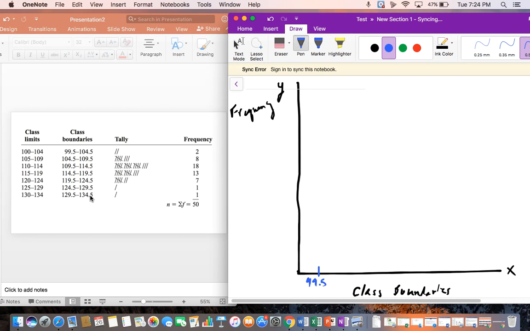So let's list this out now. All right, so now we went and labeled our x-axis with all of our class boundaries. And now we need to go ahead and list all of our y-axis with our frequencies. Now we can't just say that this is going to be 1, and this will be 7, this will be 8, 13, 18, etc. This here, we start with our first class boundary, but all of these points are uniform